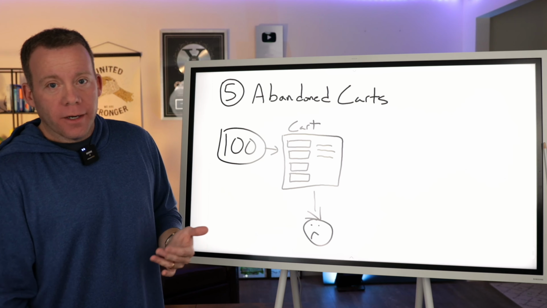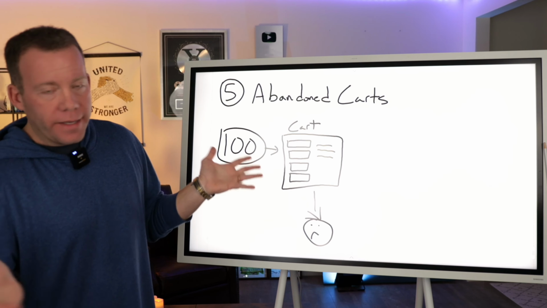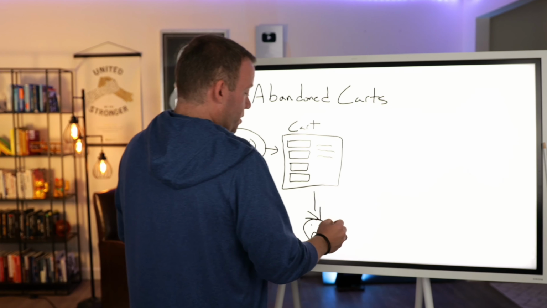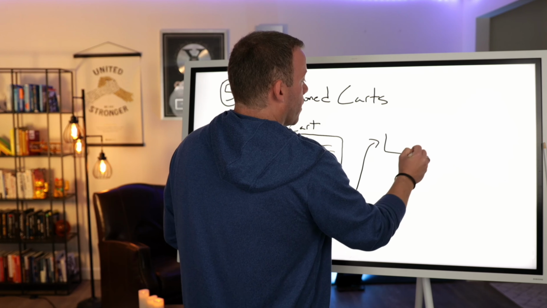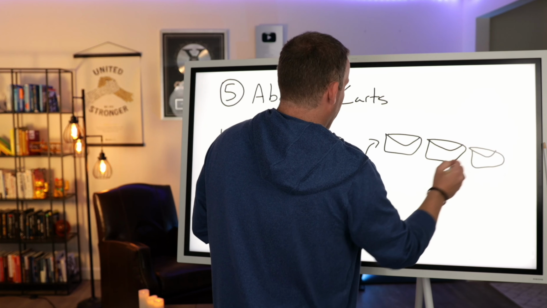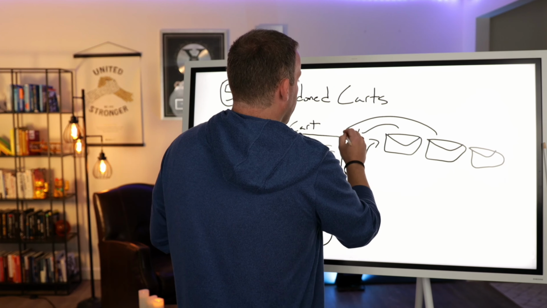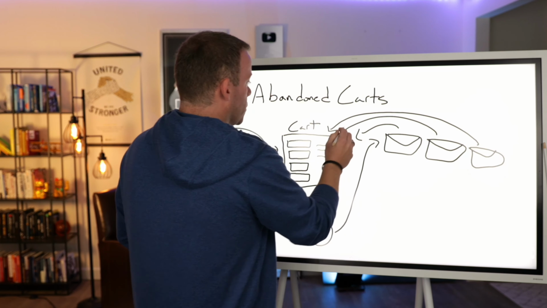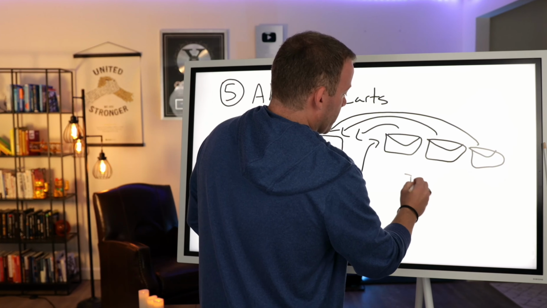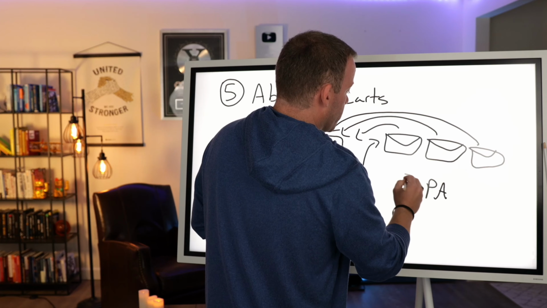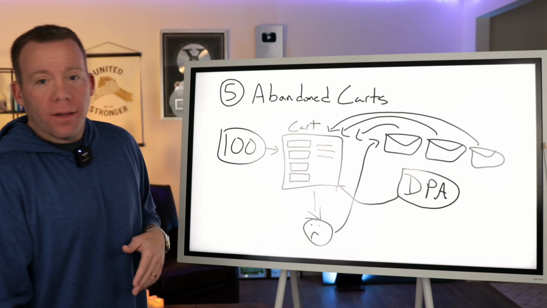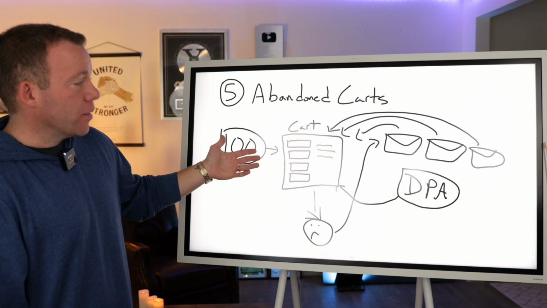So what you want to do here, you can use Klaviyo, you can use any email marketing software. Again, currently in 2025, we're using Shopify email because it doesn't cost any money. And what we do is kick off an email automation that sends them back directly to the product page they were looking at. Now, of course, we also have remarketing ads targeting these people, dynamic remarketing ads. I'll just put here, because they're technically called DPAs, stands for dynamic product ads. And we set these up to be remarketing ads that bring them back as well. But these are the 2 ways that we follow up with abandoned carts.